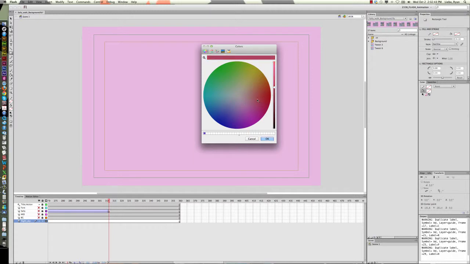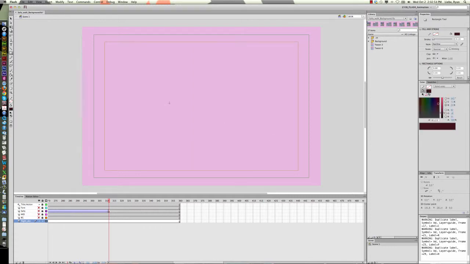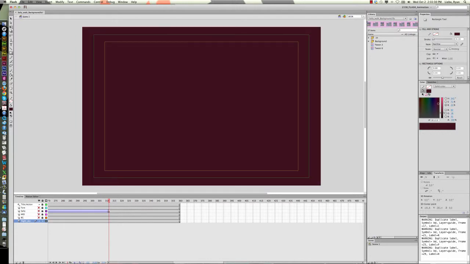Come over here to the reds, and you might be saying, well, red as the night sky? We could just try it, I think. See how it works out. Make my rectangle,